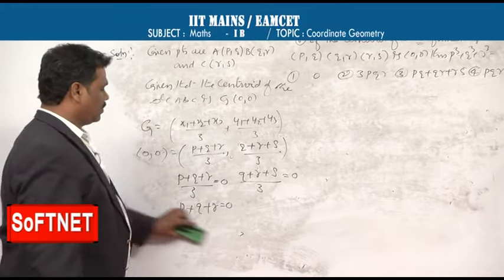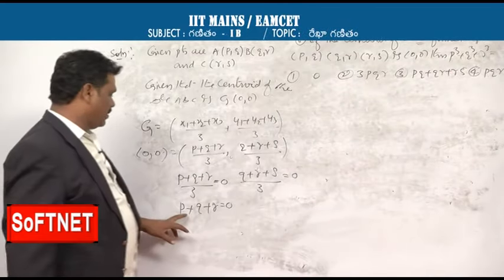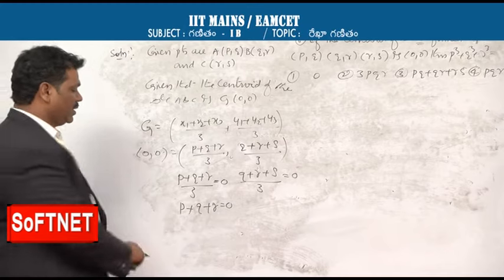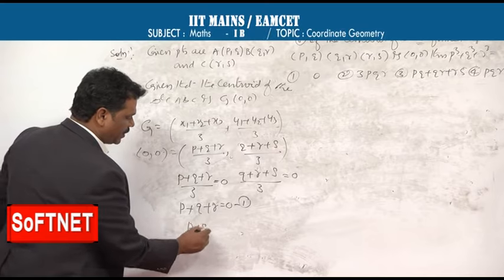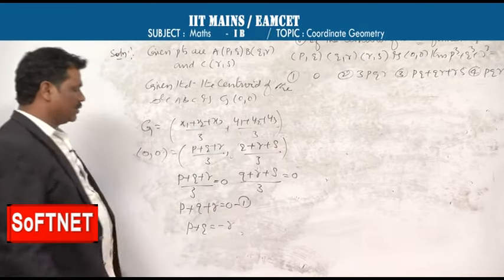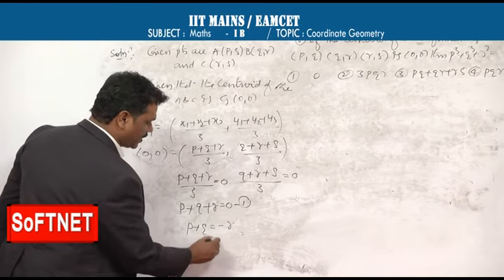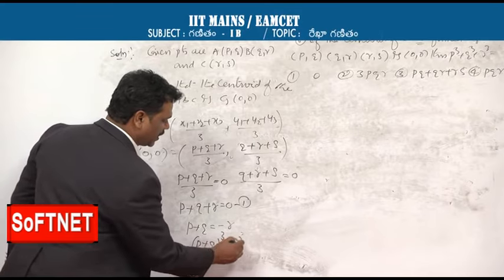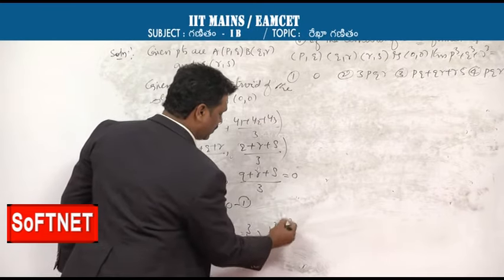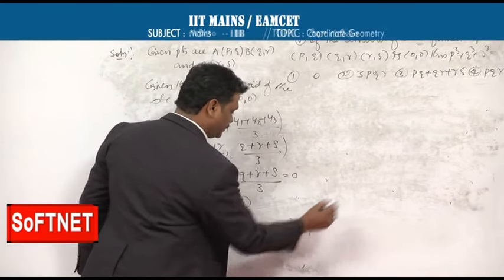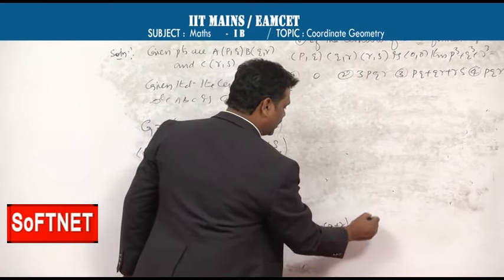So you are asked to find P cube plus Q cube plus R cube in terms of P plus Q plus R. Here this is equation number 1. So here P plus Q equal to minus R, since R goes to the right hand side as minus R. Cubing on both sides, P plus Q whole cube is equal to minus R whole cube. So it can be written as P cube plus Q cube plus 3PQ into P plus Q equal to minus R cube.